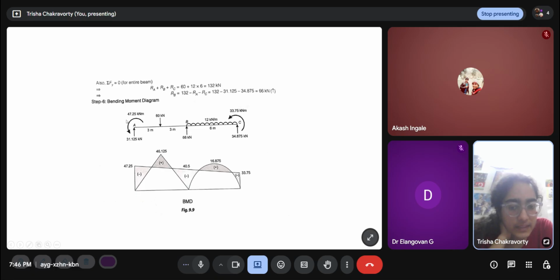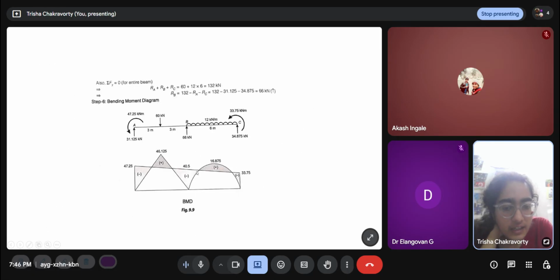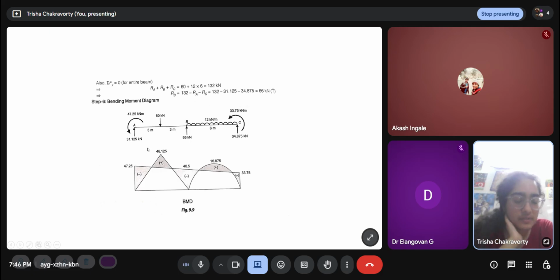This part has a triangular bending moment diagram since there is a point load at the center. This part has a parabolic one. So I draw those separately, and then here I know that the fixed end moments is 47.25 here. We solved them, and 33.75 here. So they are a straight line. So the fixed end moments are always a straight line kind of diagram. And apart from that, I draw that diagram in the background. And then apart from that, I also solve the individual spans to get the final end moments. And then we superimpose the two diagrams. Is that clear?